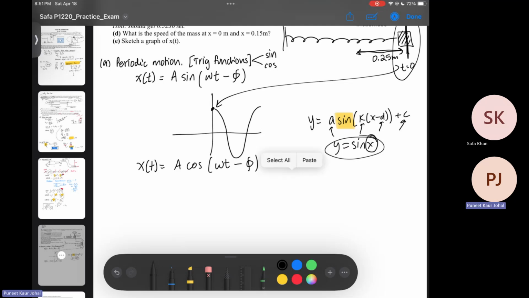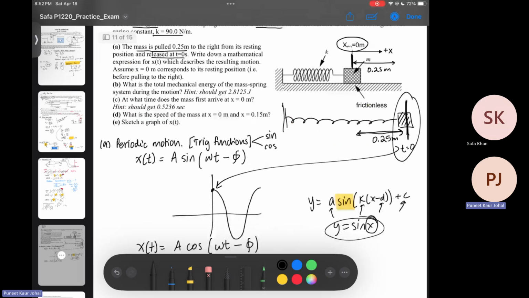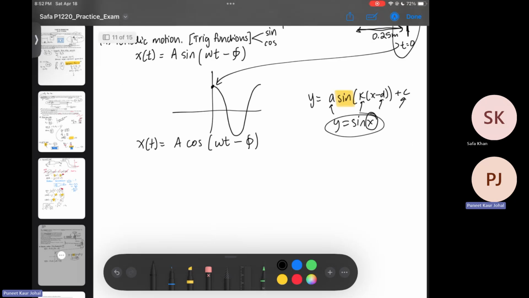What omega represents is the angular velocity or speed. But anyway, this is going to be the skeleton of the equation that we're using. They probably want us to assume x equals 0 corresponds to the resting position, which means